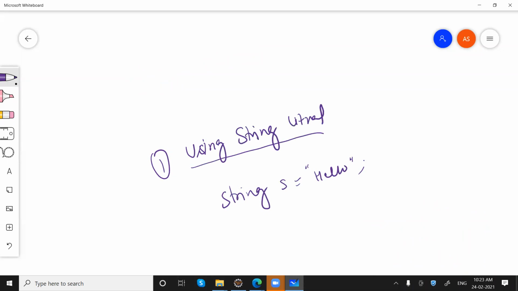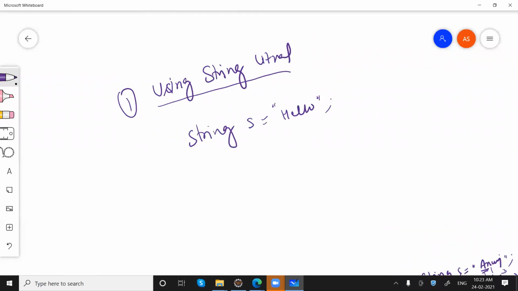If you go for an interview with 2 or 3 years of experience, that question will be there: how to create a string, how many ways are there, and this equality check, like when we try to check equality using the equals operator, what will happen? We check the equals method, what will happen? So these kinds of questions can be there.